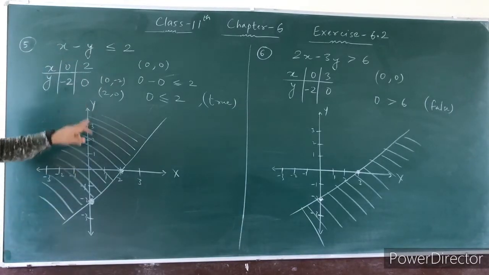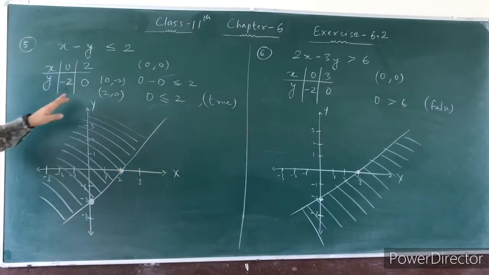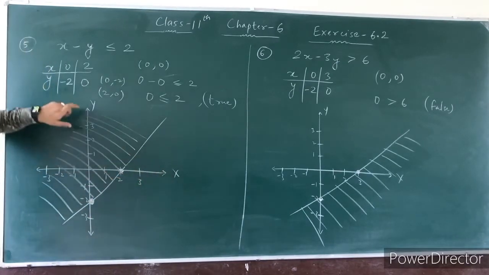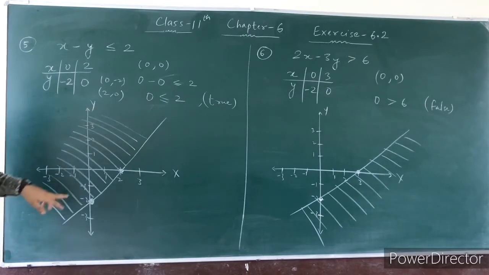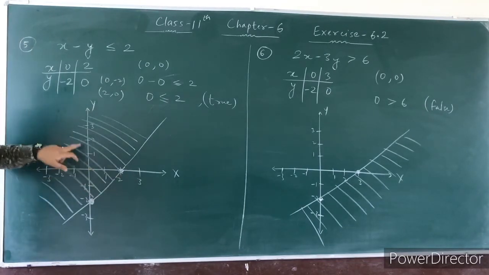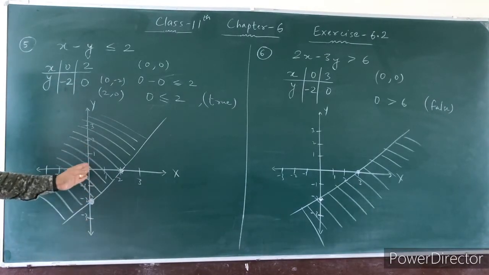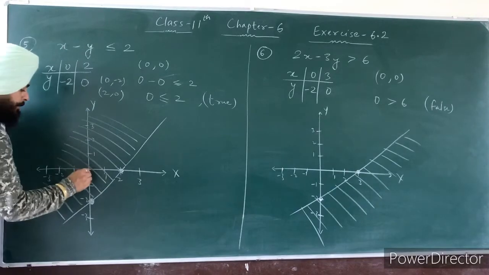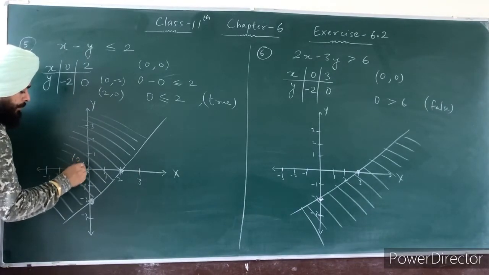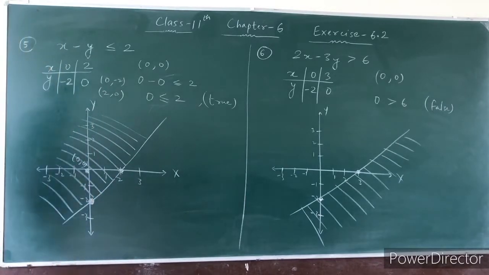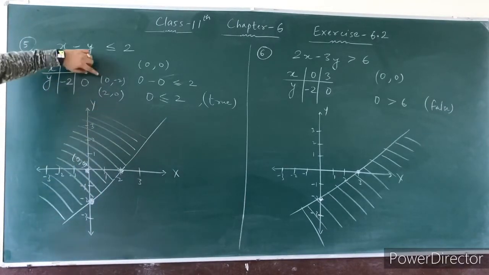Alright, now we have to make a two-dimensional plane. Here the x axis is on the right side, and up above the region, which axis is it? The y axis. Now you can plot some points: 1, 2, 3, minus 1, minus 2, minus 3, and make 3 points below the region and 3 points on the left of the origin. Here is the origin, and at the origin the value of both x and y is 0. Alright, now you can check your points.